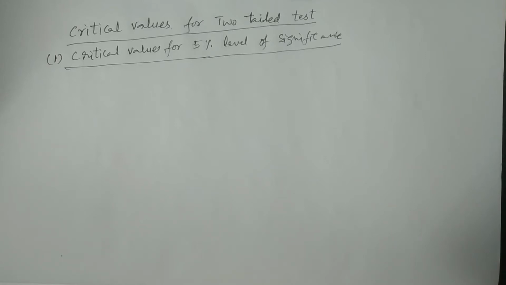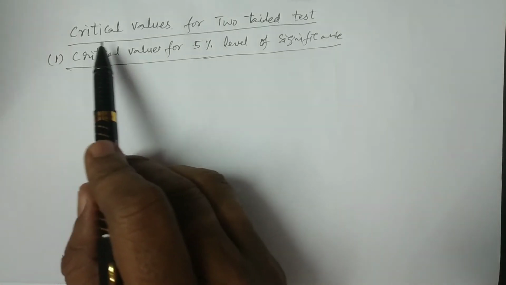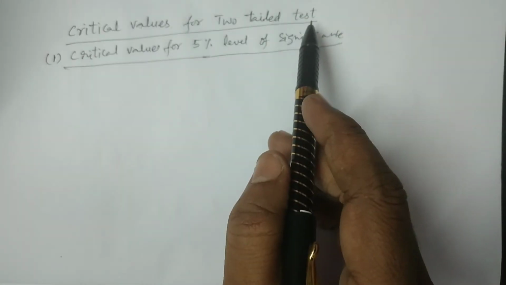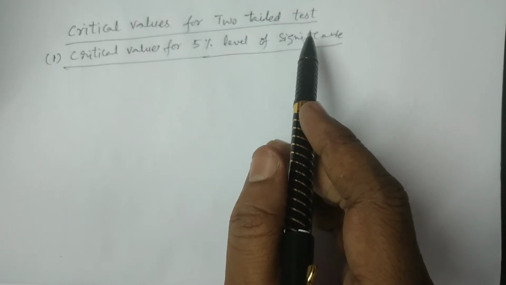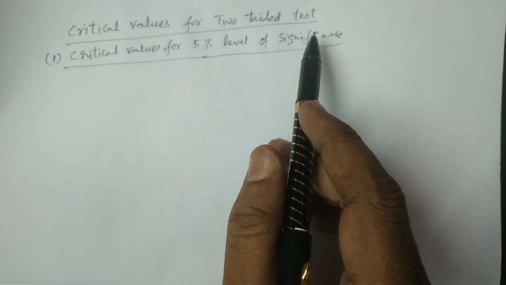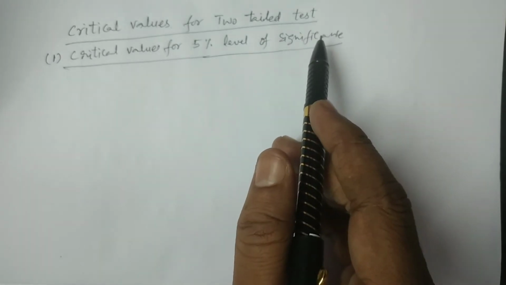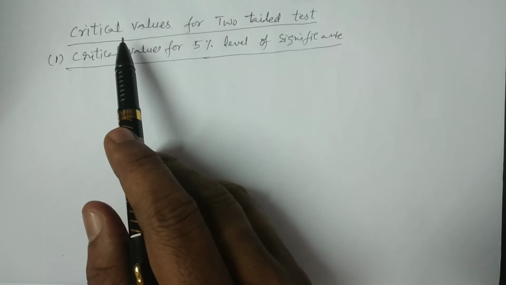I have explained confidence intervals in one particular class, the 95% confidence intervals and the 99% confidence intervals. Many of the students are asking the doubt of how you are getting the critical values. So, my discussion today is the critical values for two-tailed test. I explain how you get 1.96 and how you get 2.58. These values are called tabulated values, critical values or significant values.